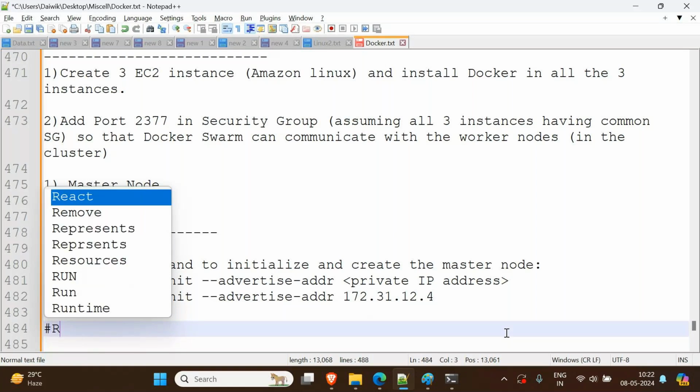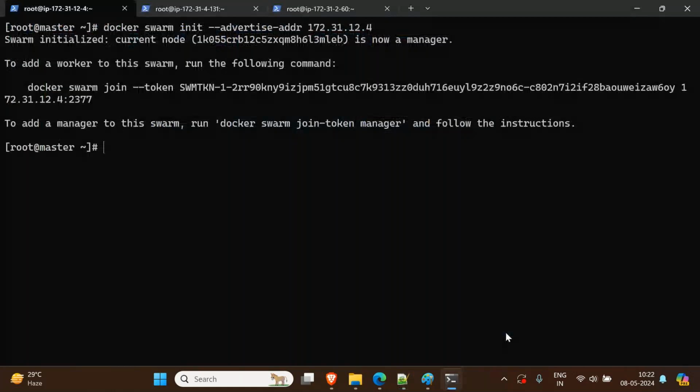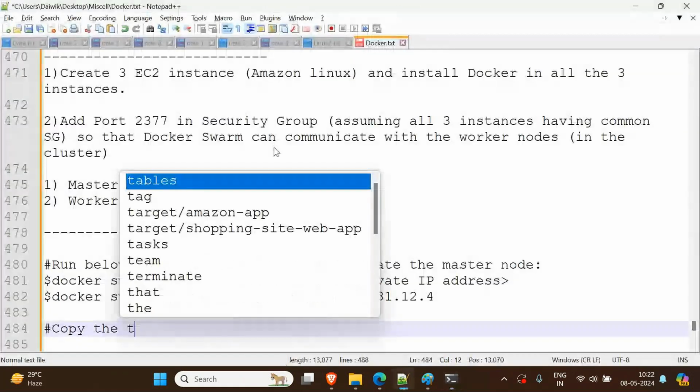It's a token. So copy the token and execute